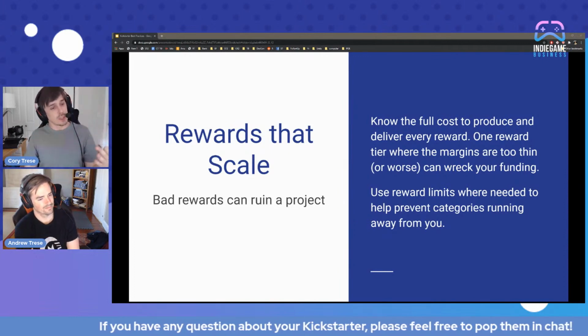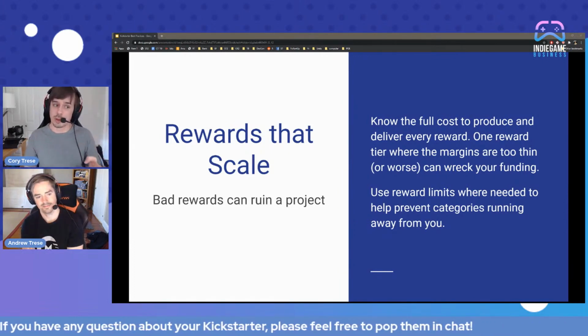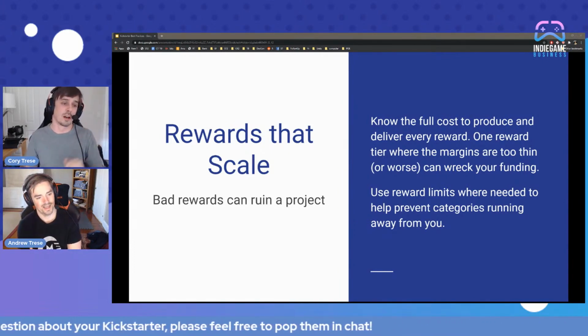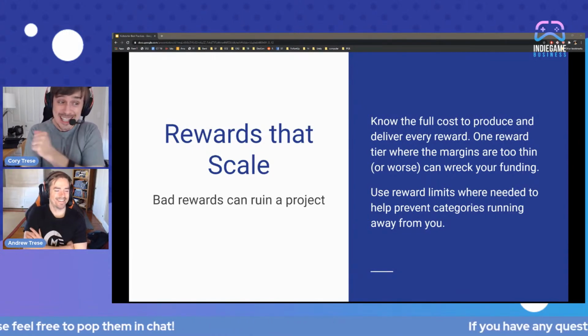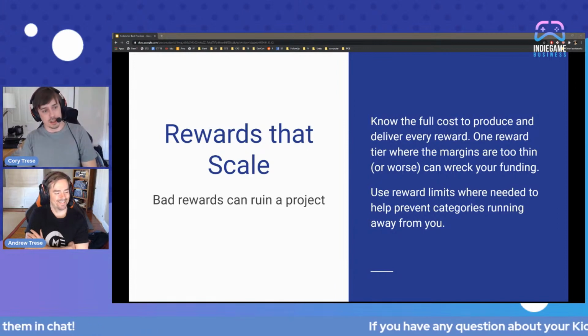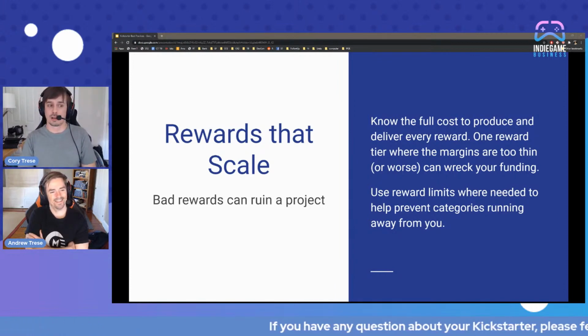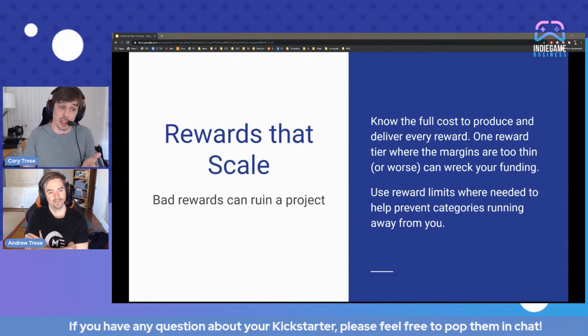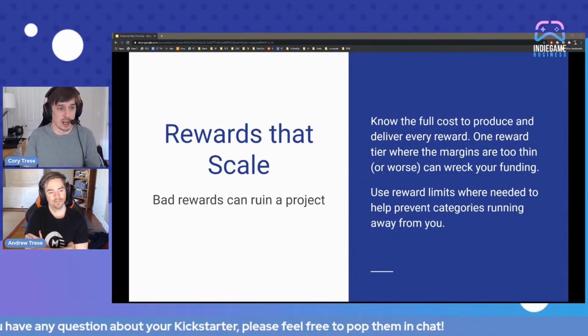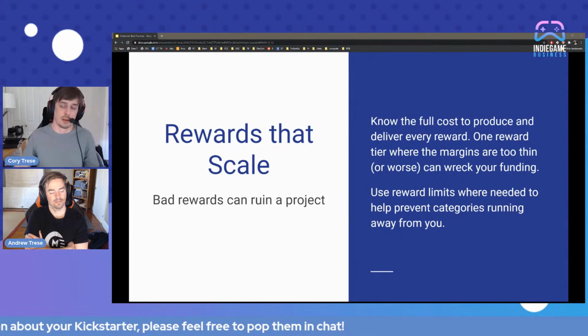So you really have to think, maybe we should have put a limit on that and said, 10. There's 10. Nice. 10 people can go in. Yeah, that would have been amazing. But one of the things about reward tiers is once someone selects them, you can't change them anymore. So that's one of the things about being patient and preparing and really thinking about your campaign before you put it out there, because it locks you in.